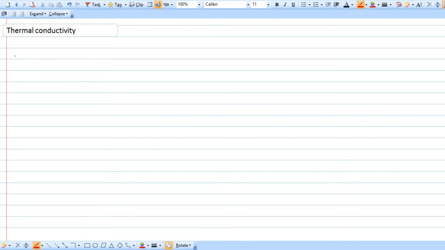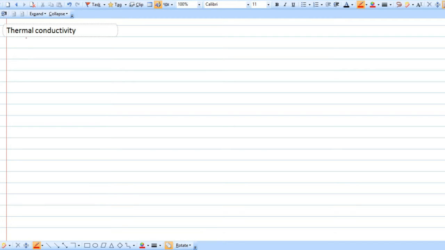Last time we covered different modes of heat transfer: conduction, convection, and radiation. We have seen the rate equation for each mode of heat transfer: Fourier's law for conduction, Newton's law of cooling for convection, and the Stefan-Boltzmann law for radiation. We have also described thermal resistances: conductive resistance for conduction, convective resistance for convection, and radiative thermal resistance for radiation.